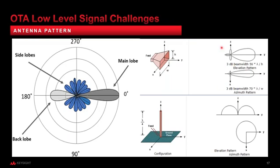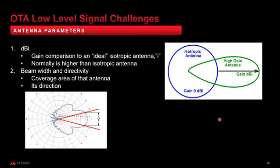Of course, these are just the formulas that you could use to come up with the optimal elevation and azimuth patterns. We typically do use horn antennas for RF networks, at least for us on the test and measurement side of things. So I'll just go through some antenna parameters